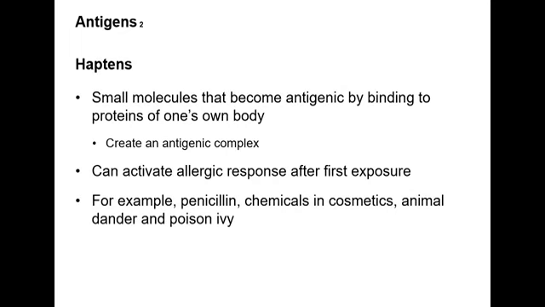Now, haptens are substances that are very small and are not going to be antigens on their own, but when they bind to proteins in your body and combine with them, they can end up forming complete antigens that your immune system will recognize as being foreign. So some examples of this would be like poison ivy. The oil that's found in poison ivy by itself is not seen as an antigen by our immune system, but when it binds to certain proteins in our skin, our immune system starts to recognize it as being a